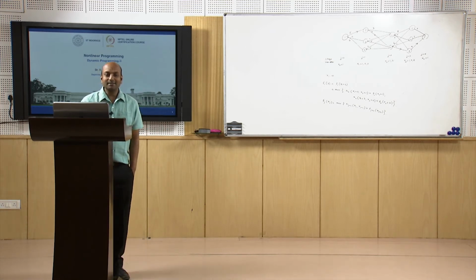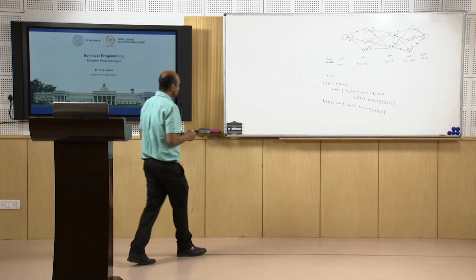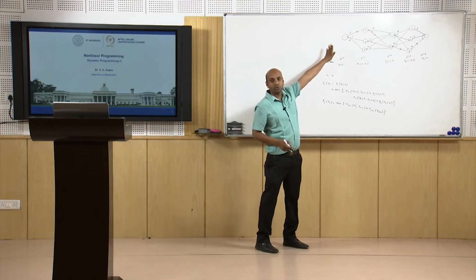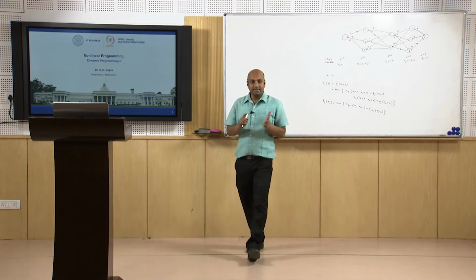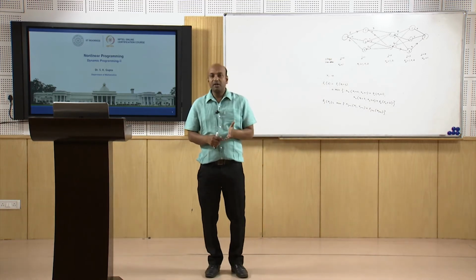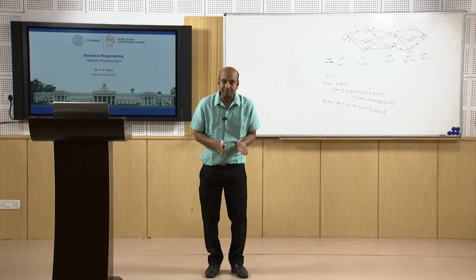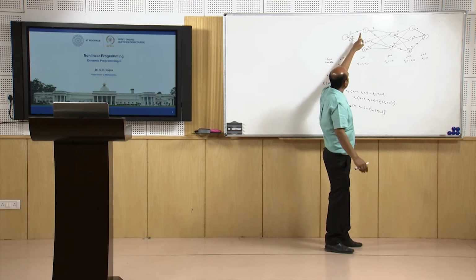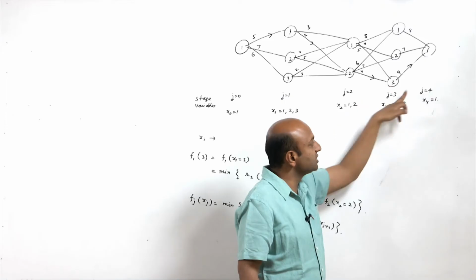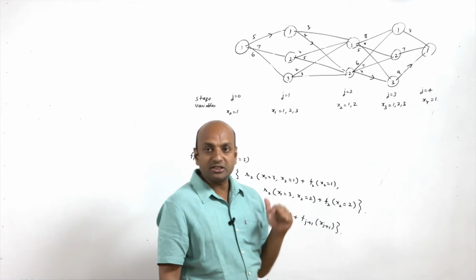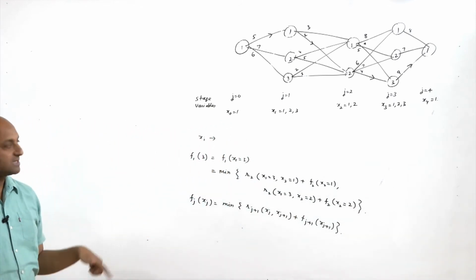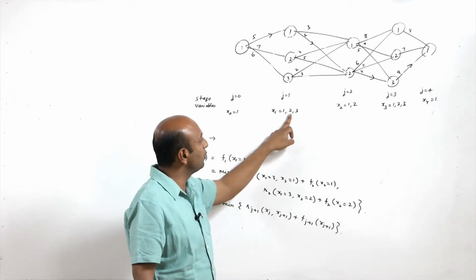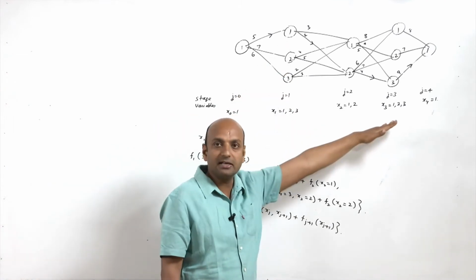Now let us find the minimum distance. There is certain terminology which we should define before starting the dynamic approach. First we define stages. Stages means we divide the entire problem into subproblems, as we already stated. The subproblems are stage j equal to 0, 1, 2, 3 and 4. In each stage we define state variables. For this particular stage there are 3 unknowns 1, 2 and 3 because there are 3 nodes, and similarly for the others.